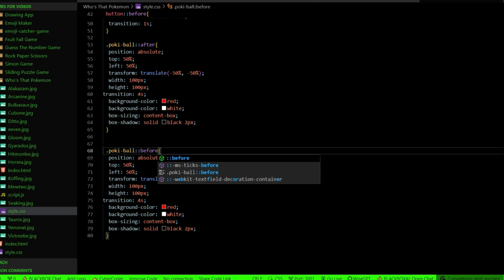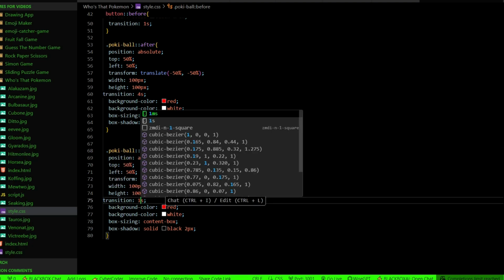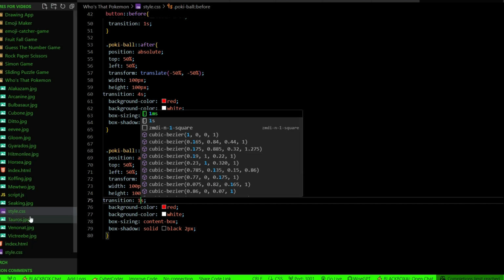This is done, guys. Yeah, this is it for the CSS. Now let's get started with our JavaScript. So far, we have created our index.html, where we structured the web page. Now we have done CSS, which means we have styled our web page. Now let's go code our functions with